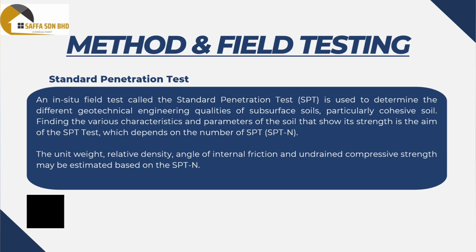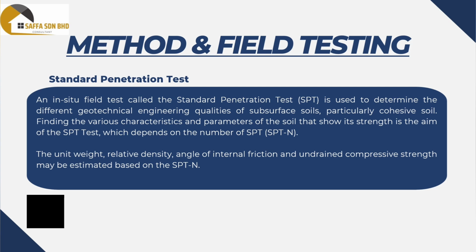From the SPTN number, we can do a correlation to get some soil characteristics or properties. The unit weight, relative density, angle of internal friction, and undrained compressive strength may be estimated based